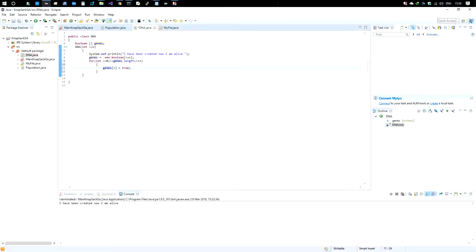Then I put it to true, which means select every item. Okay, I'm going to go back. We are just working now with the DNA, forget about the population and myFile. The DNA needs to get the